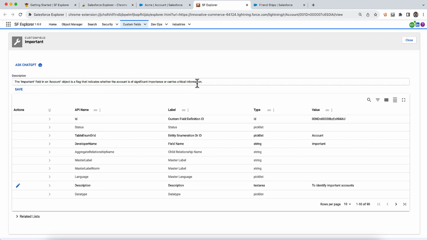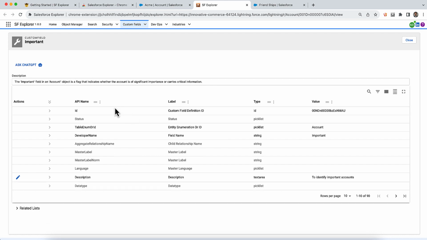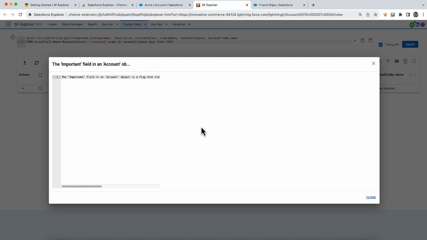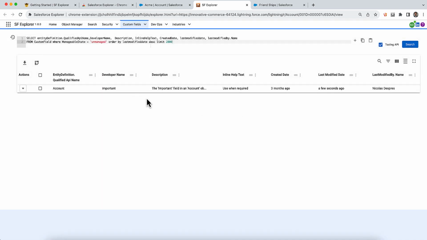It's provided me with some better descriptions, right? This is coming from ChatGPT, and if I'm happy with this, I can even edit it or save this information. And that's being taken care of. If you close this, you see a few seconds ago this changed the description on my field, and this is now available on my org. So basically, the idea is